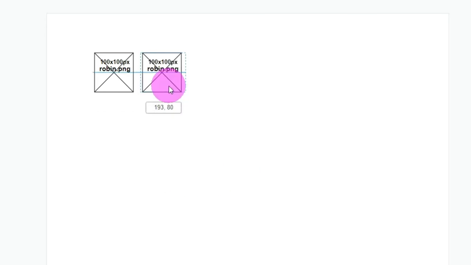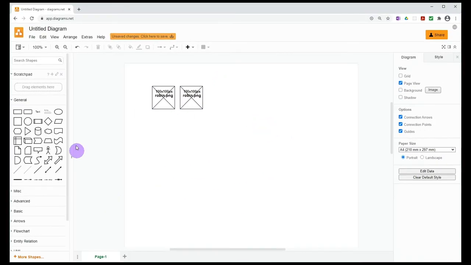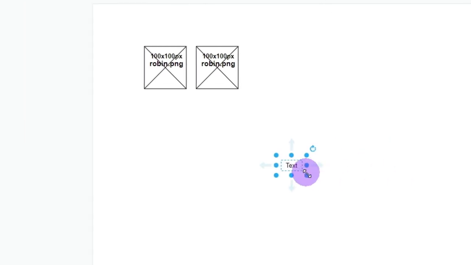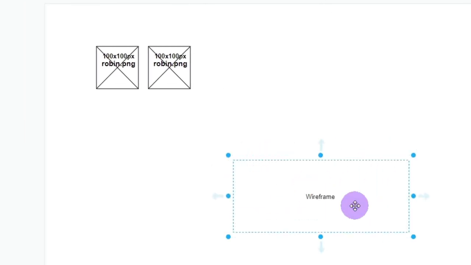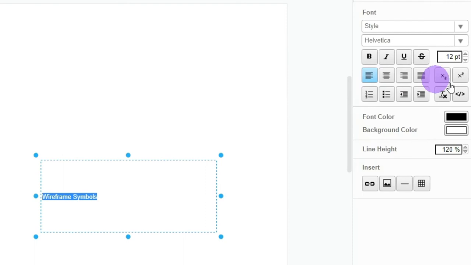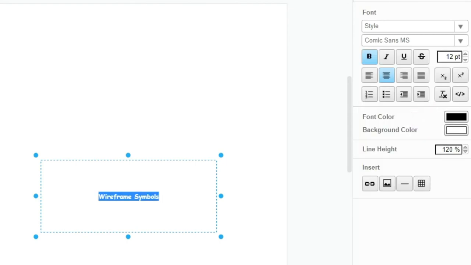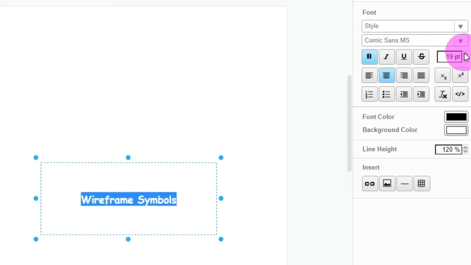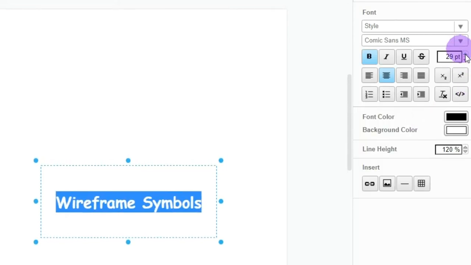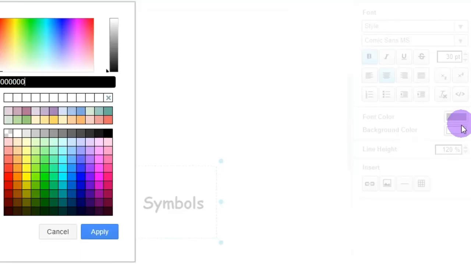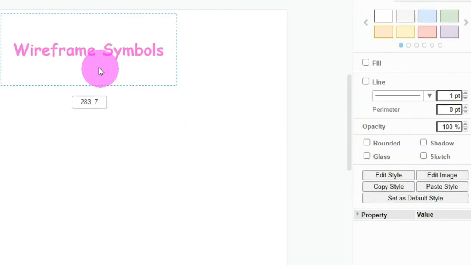There we've got two lovely images sitting together, and I'm just going to put a bit of text in here to say what that is. So wireframe symbols, I'll do that. Make that, oh, I liked it there. Just bold it. Get rid of the Helvetica, maybe Comic Sans, up that to make that as big as possible, and make it a nice colour. Let's go for pink,